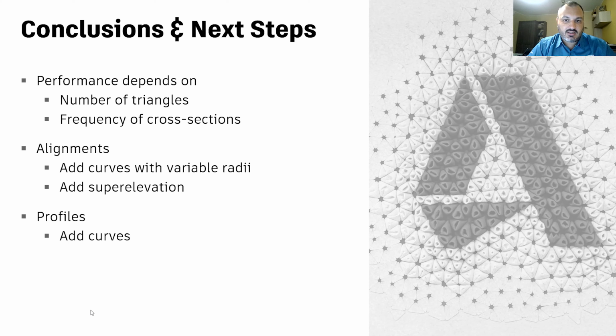Then the frequency of the cross section is another critical parameter. So you need to be evaluating and finding a balance between the precision that you want at this stage, which is still a conceptual one, and the results that you're expecting to achieve inside Civil 3D, for example. For the alignments, well, you could add layers of sophistication such as super elevation if you want to, or curves with variable radii. This is really up to you in terms of how you want to approach it. And the same can be said for the profiles, where you can introduce curves and even asymmetrical ones.